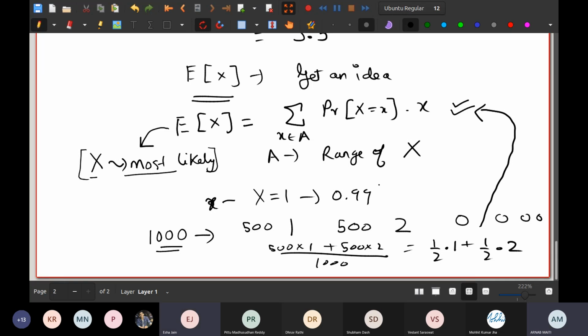So this is the definition of expectation. Before we go to the problem which we are looking at, which will be a simple problem, let us consider some important properties of expectation of x. I won't be giving the proof, but if you want I can refer you to the proof.